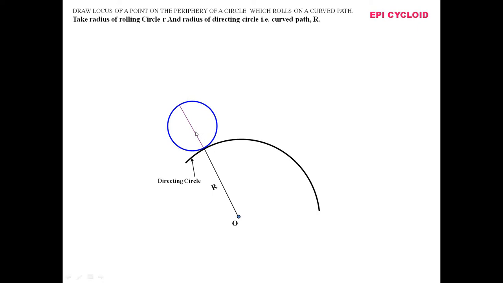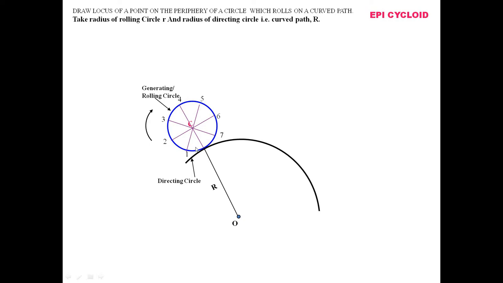So let's do this. This is the center, and in this way we have divided this rolling circle into 8 equal parts. We can draw these radial lines at an angle of 45 degrees with each other, since the angle subtended by the circle at the center is 360 degrees. So 360 degrees is divided into 8 equal parts, and 360 divided by 8 gives us the angle between these radial lines. Now we'll number the parts as 1, 2, 3, 4, 5, 6, 7, 8, and this arrow shows the direction of the rolling circle.